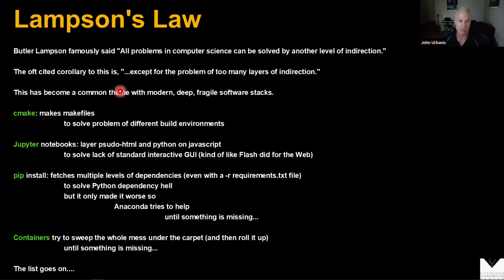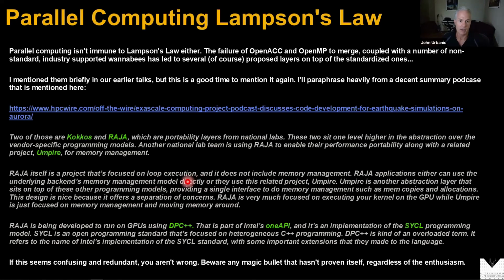Parallel programming is not immune to it. And as a result, here's where we are right now with parallel programming at the national labs, who are trying to unify things, in particular threaded approaches. One of the labs is a big champion of Kokkos, another lab's a champion of RAJA, and Intel's really pushing oneAPI. You read their descriptions and they're all overlapping and redundant and have a bunch of pieces and moving parts to make them work right. So if you care about that kind of stuff or you're interested, I will encourage you to read this slide. Otherwise, don't, because it will just scare you silly as to how incredibly incoherent the modern vision of parallel programming is at the lab levels.